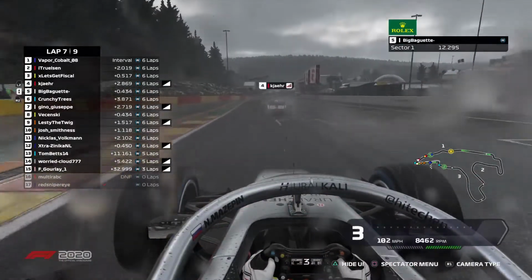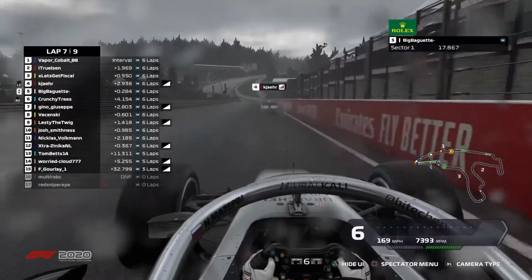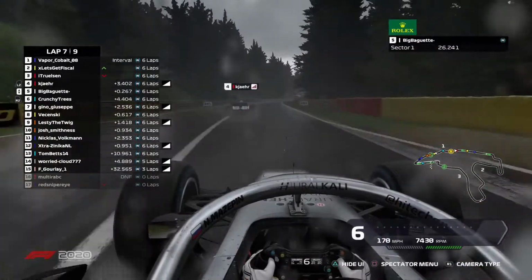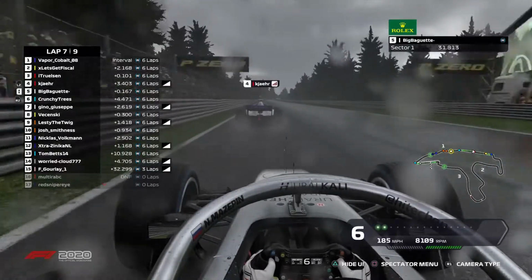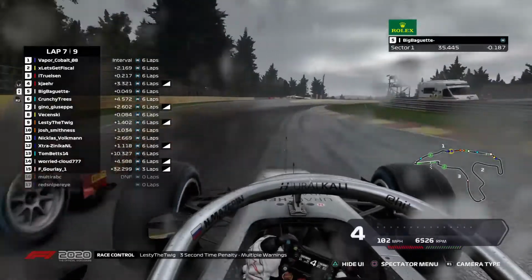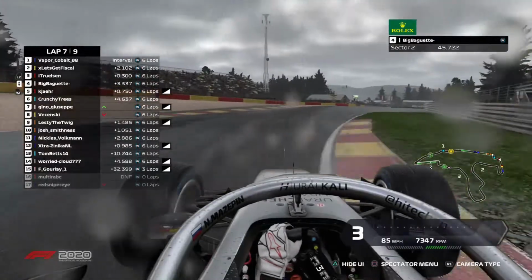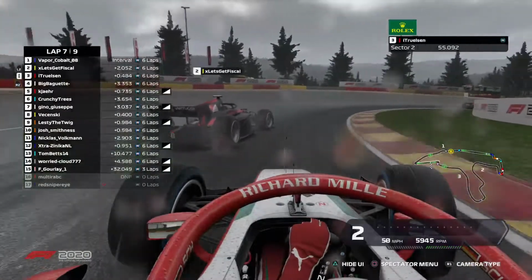Let's take a look at Big Baguette and see if he can get a move done on KJ. Up the hill here into turn 3. Out of turn 3, I should say. Baguette able to get the move done on KJ. For now, KJ has no choice but to concede 4th place to Big Baguette. And now Big Baguette will set his sights on Trulson, just having been passed by